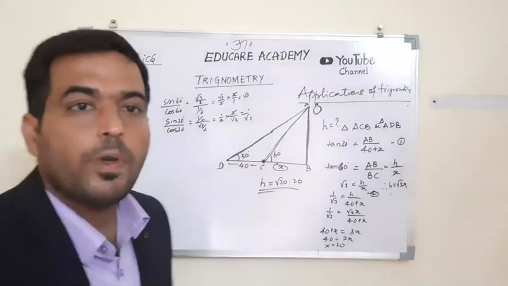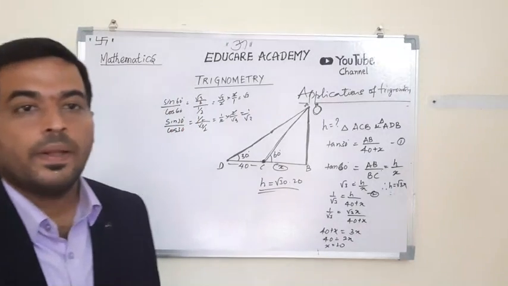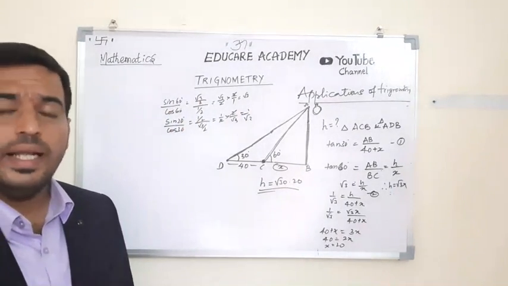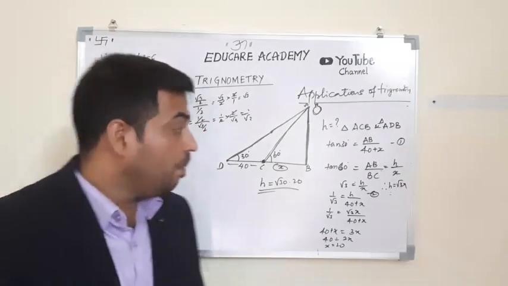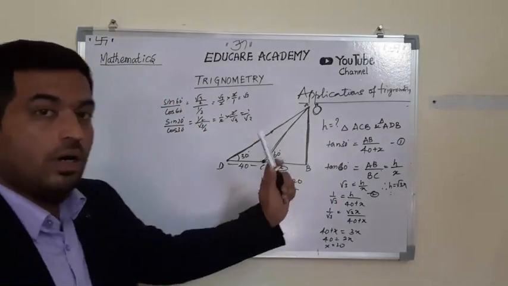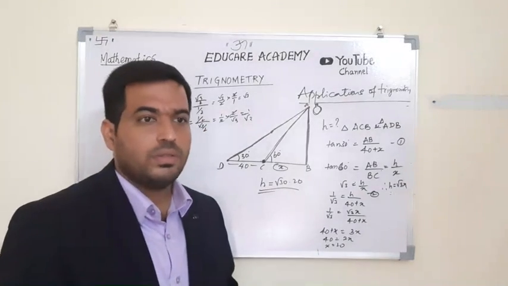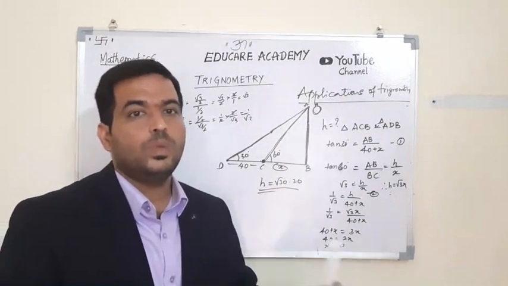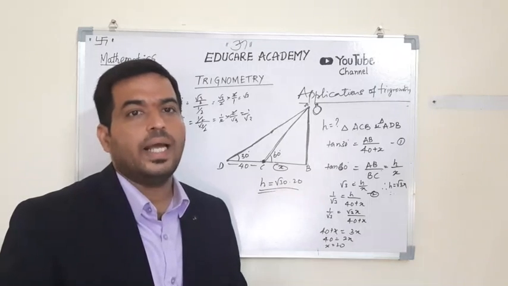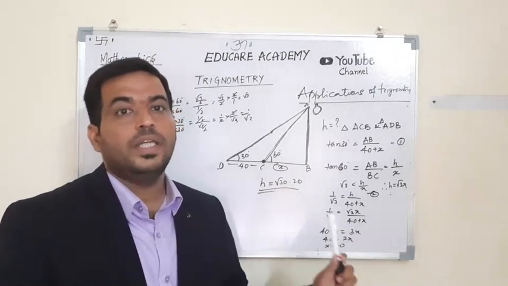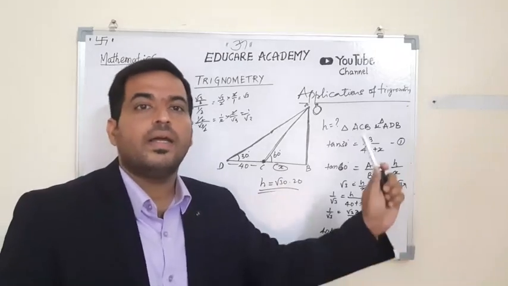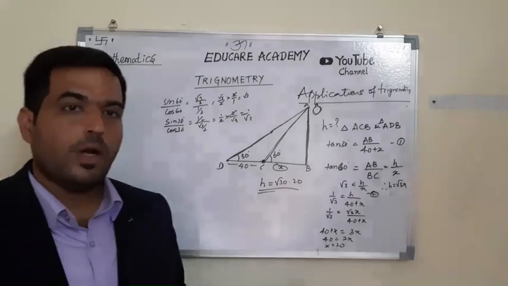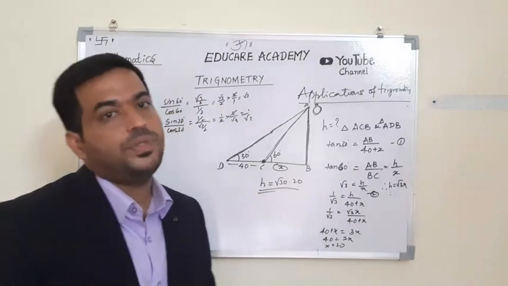So it's very easy. This kind of problem can be solved. Any identity problems, any ratio problems can be solved by remembering all 6 trigonometric ratios and remembering all the values related to that: sine, cos, tan, cot, sec, cosec, and for 0, 30, 60, 45 and 90. If you are able to remember these values, you can solve any problems by applying the knowledge which you have already learned.